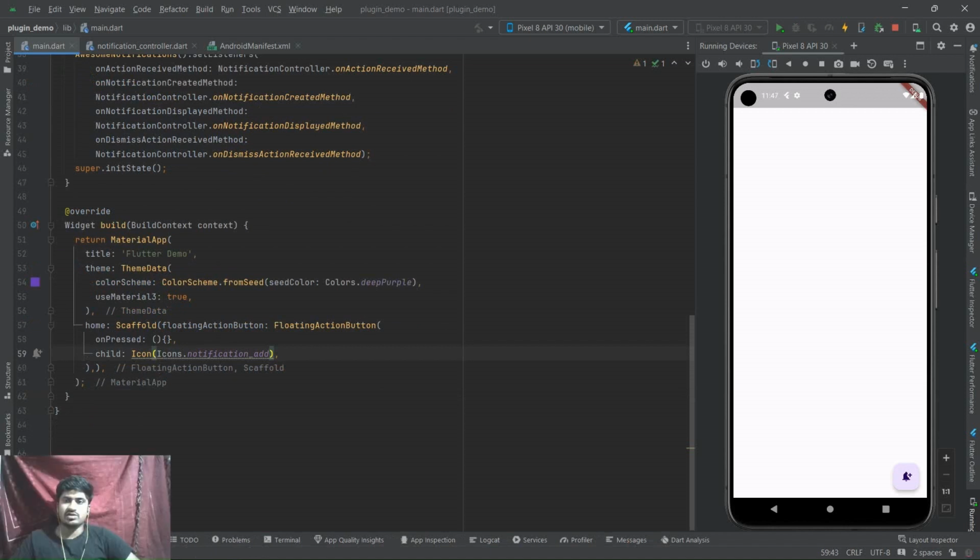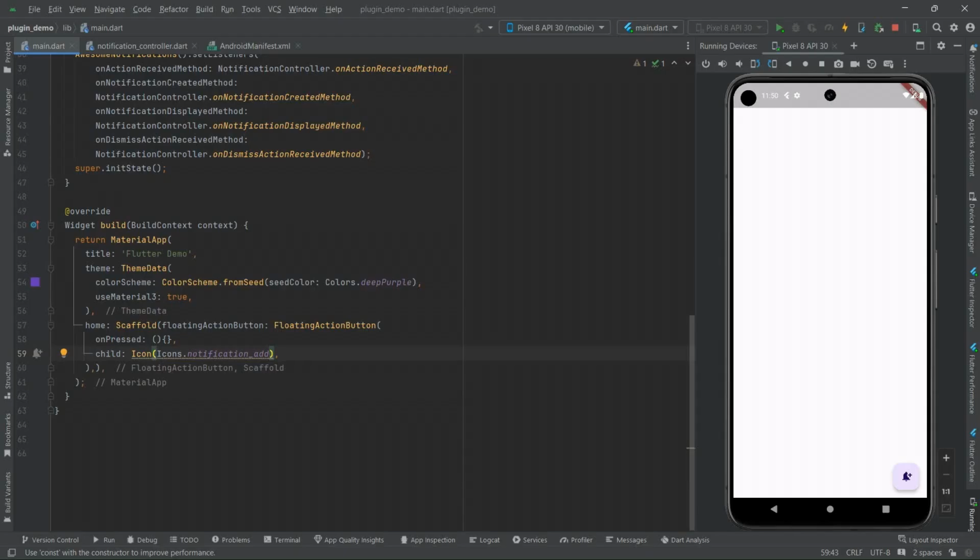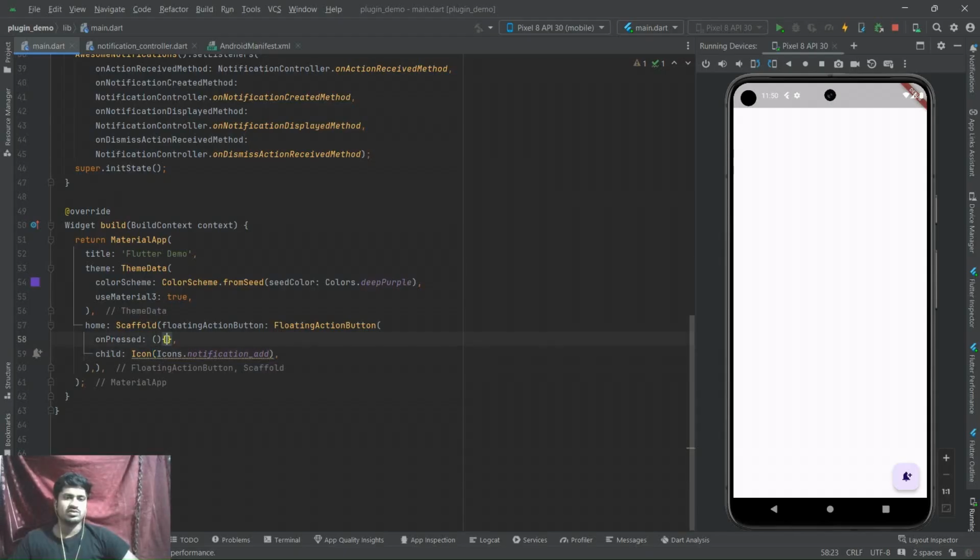See, a button has been added to our application. Now we have to add what will happen when the button is pressed. For that purpose, in onPressed we'll write